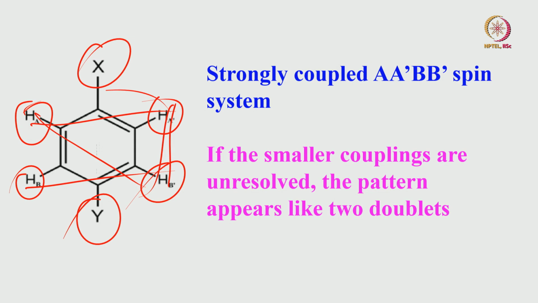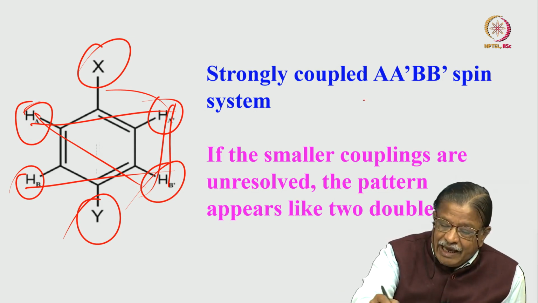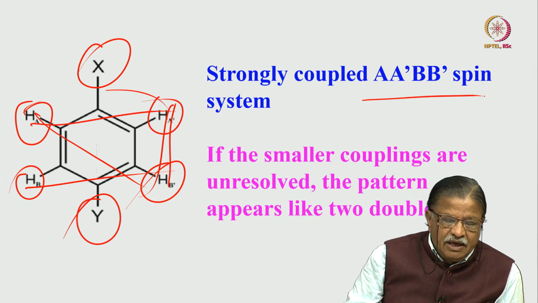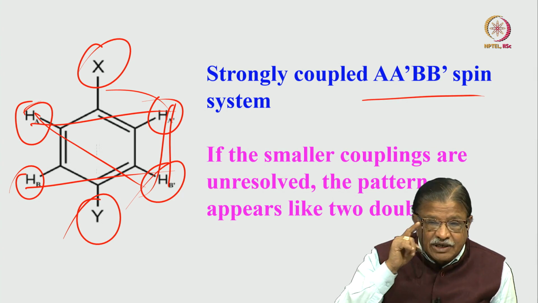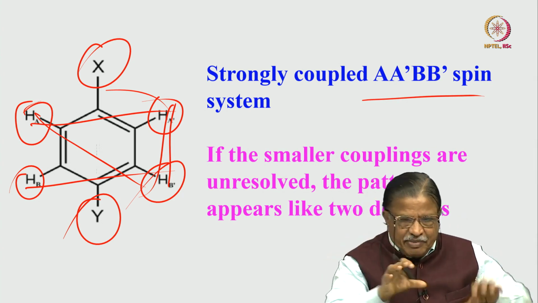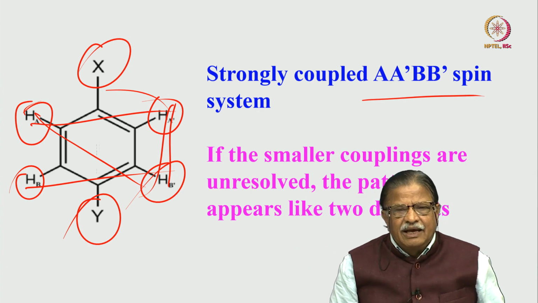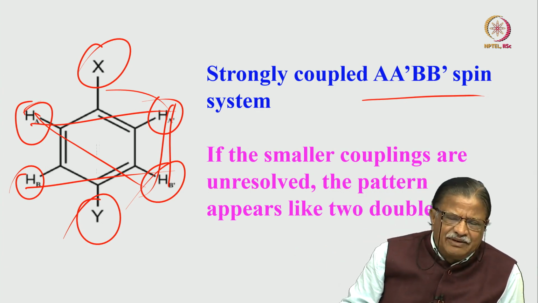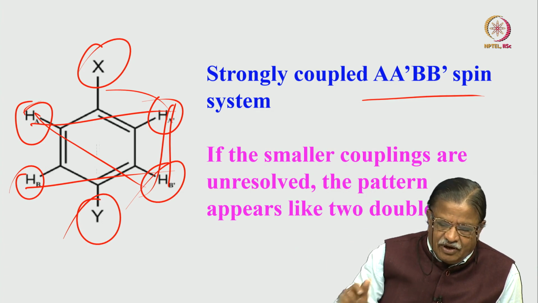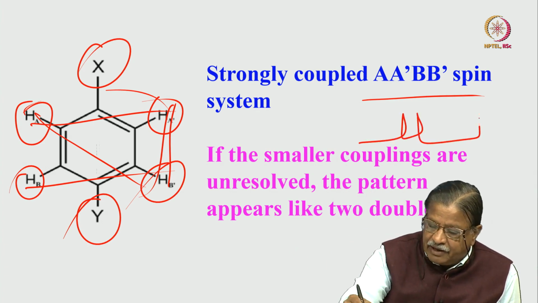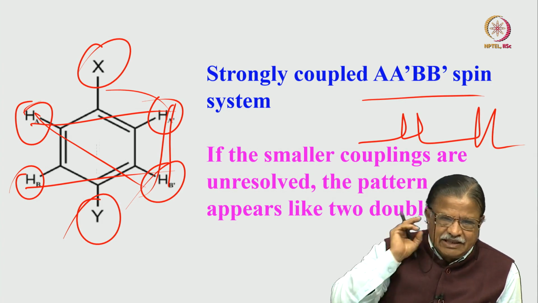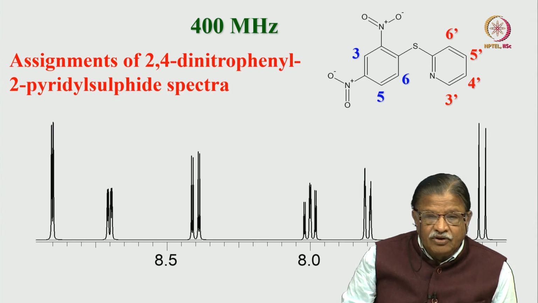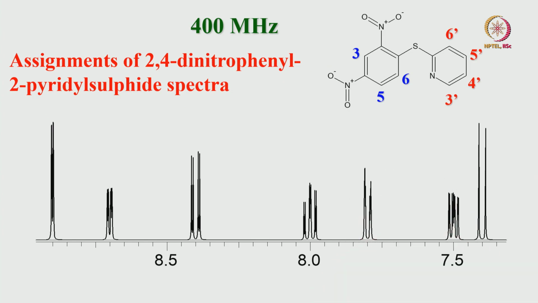As a consequence, this forms a strongly coupled AA prime BB prime spin system, and generally an AA prime BB prime spin system, if you analyze, you should get 24 peaks, well separated groups of 12 lines. But if all of them are resolved, normally in big molecules, generally if they are not resolved, you are going to get what is called two doublet-like patterns. It is like two doublets in case of asymmetrically para disubstituted benzenes. So with this idea, how a spectrum will come for a phenyl group, let us analyze the spectrum of this